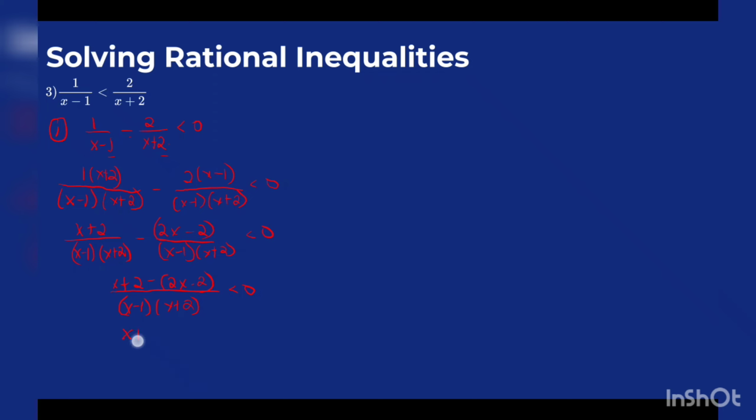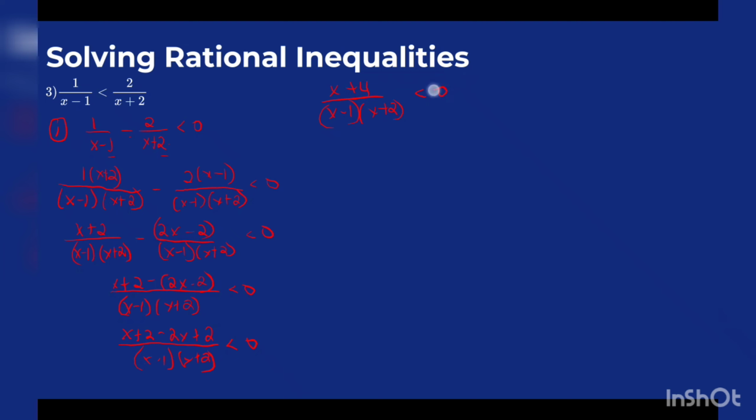So we'll have x plus 2 minus 2x plus 2 all over x minus 1 times x plus 2 less than 0. Combining like terms, we'll get x plus negative 2x, that is x. And 2 plus 2 is positive 4. All over x minus 1 times x plus 2